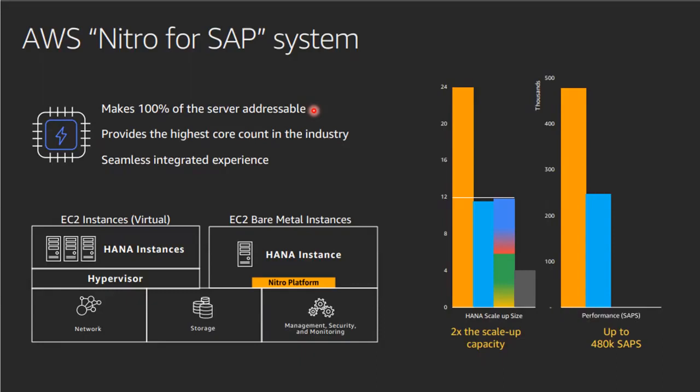And in terms of scalability, you can have an instance as big as 24 terabyte, which comes with 24 terabyte of memory. And SAPS is huge, 480K SAPS. I don't think any other cloud provider provides this many SAPS. That doesn't mean the smaller instances are not available. There are smaller SAP instances also available at AWS, the certified ones I'm talking about. So we'll see that in the upcoming slides.